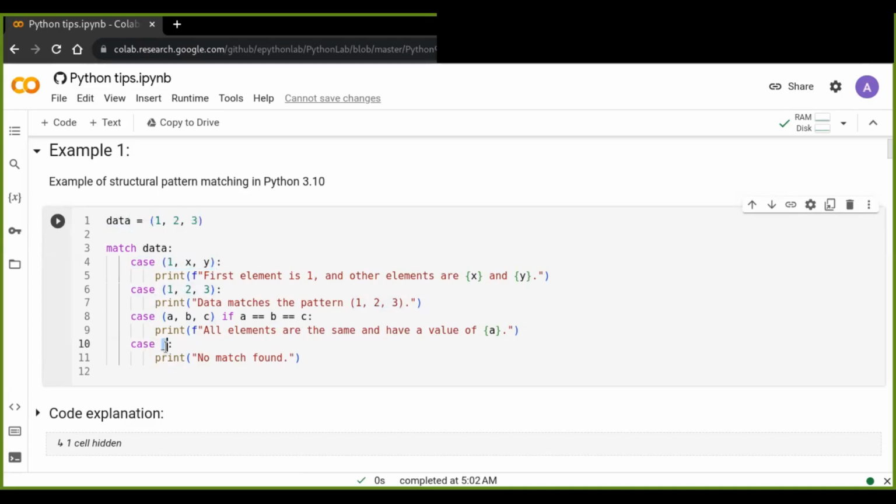And there is another case, the wildcard. This wildcard case serves as a catch-all for any pattern that does not match the earlier cases. If none of the cases are matched, it goes to the last case, which is a default statement that prints that the pattern is not matched. So let's try